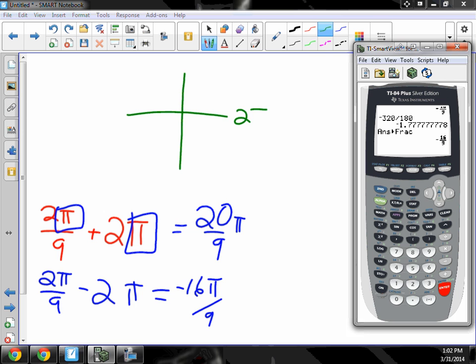So this is 2 pi, and this is 1 pi. We're going to consider the angle 40 degrees, which is in quadrant 1, 2 pi over 9. So this is 2 pi over 9. Now, if I were to divide the entire circle into ninths,